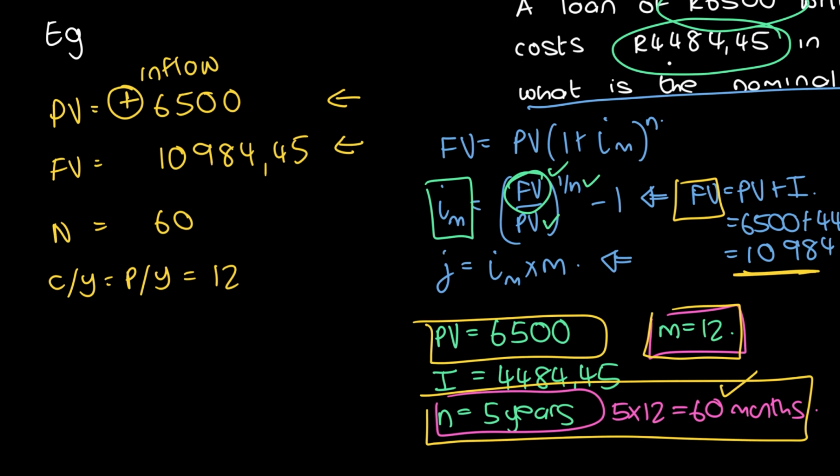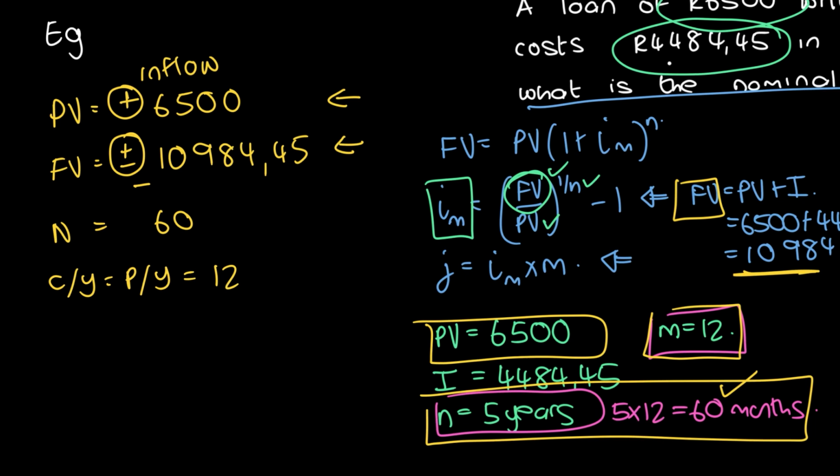Then when you have to pay the loan back, it's an outflow of money from you, so it would be the negative. So it would be the plus minus button. Now, I just want to bring to your attention that the minus button and the plus minus button are not the same thing. You will use the plus minus button to indicate a negative value. You will not use the minus button. So when I'm writing this down, I would say plus minus, but what I mean is it's negative, so it's minus